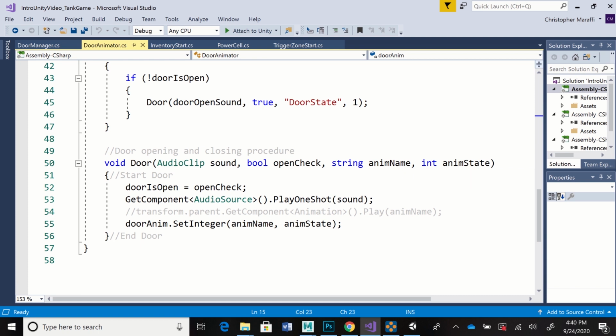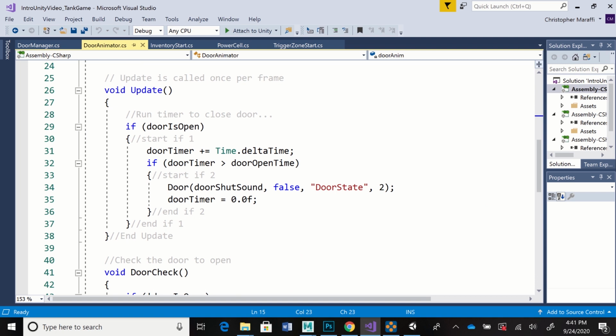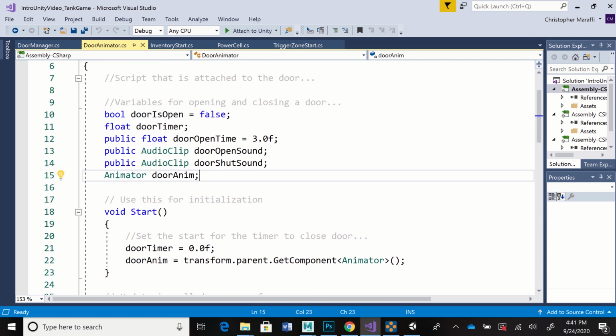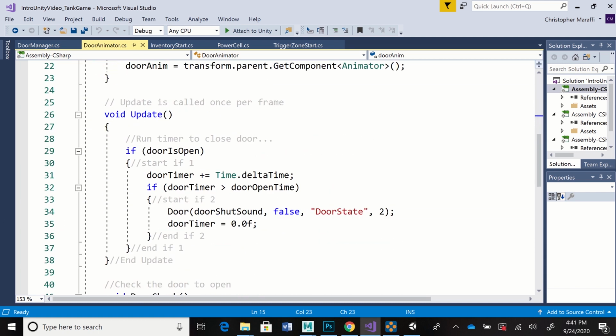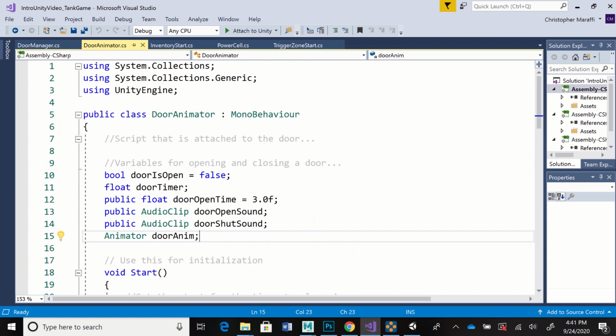So then now there's 4 arguments going into the door procedure, and the last one, 1, means open door. And then up here in the update, we're shutting the door, so we're running it again, but we're using state 2, and that's for shutting the door. So that's how this script was modified to make it work with the animator that I just set up in